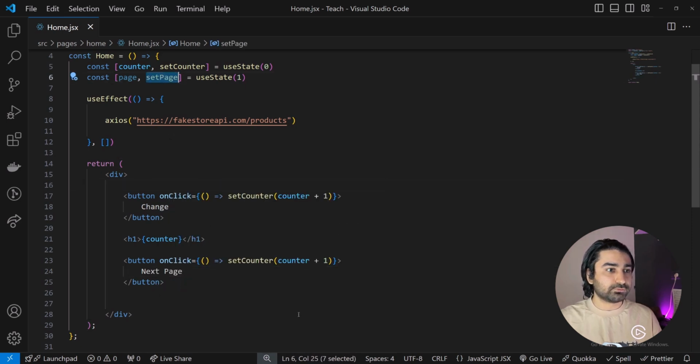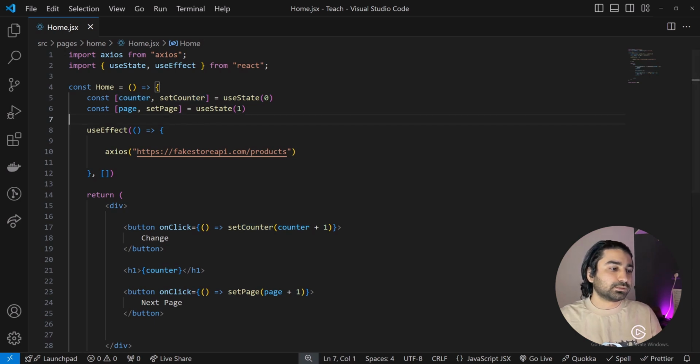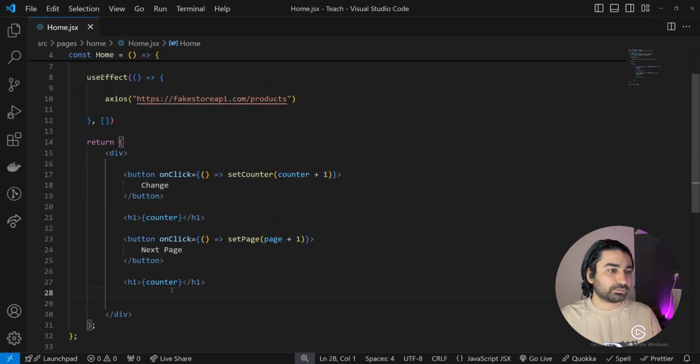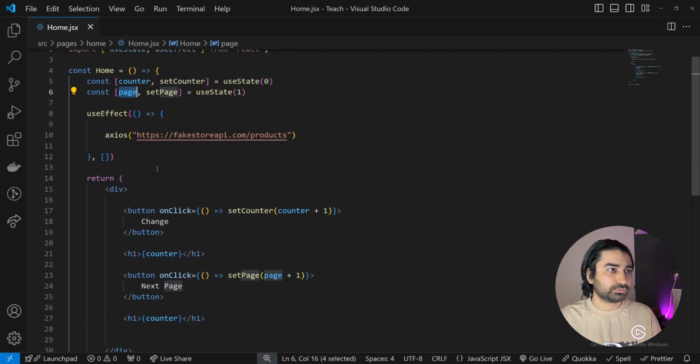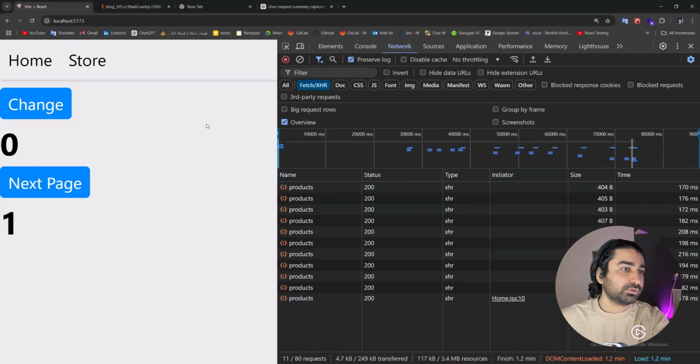And if I click on it, of course, I want to change it to number 1, 2, 3, 4, and it goes up like the counter here. Let's see that. Let me show it to you here, page. Now if I refresh the page,